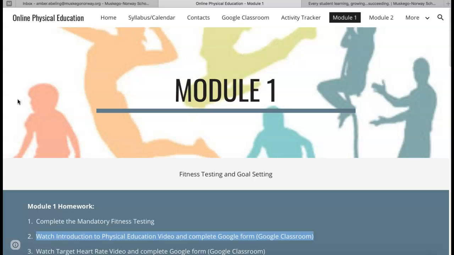Next is how to join Google Classroom. So there are a few things that you're going to need here. 1 is access to Infinite Campus, and 2 is to make sure that you're logged into your Muskego Norway School District email account. If you're unsure on how to access Infinite Campus, you're going to open up a new internet browser,